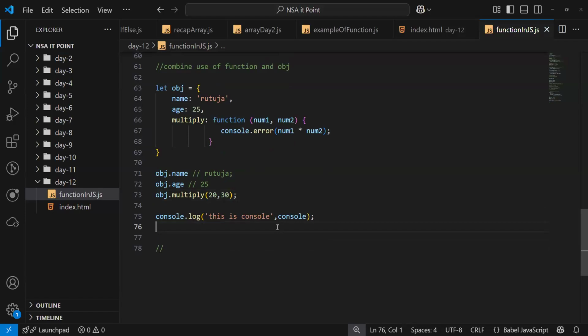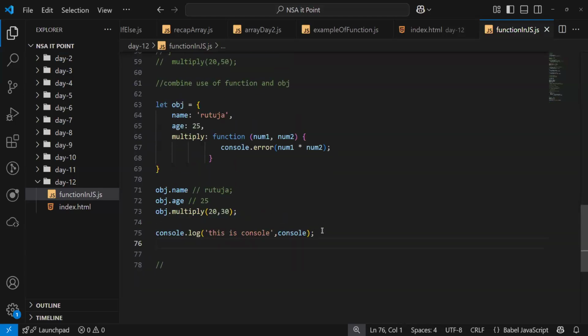Just come to the function topic. We already saw variables, how to save, and we saw we can call.